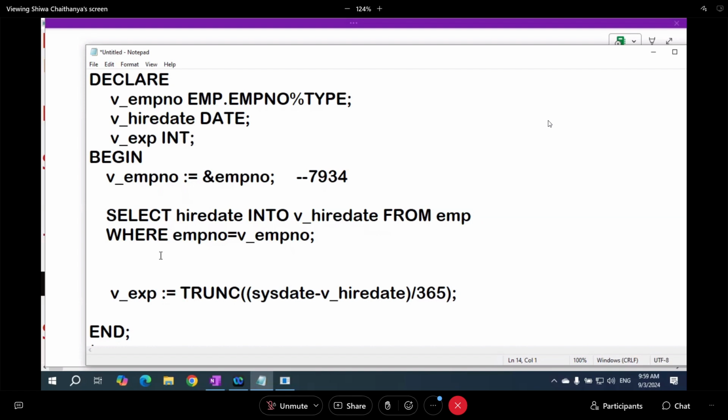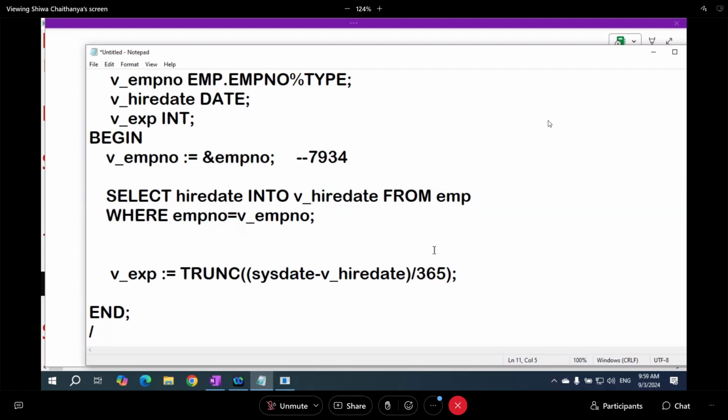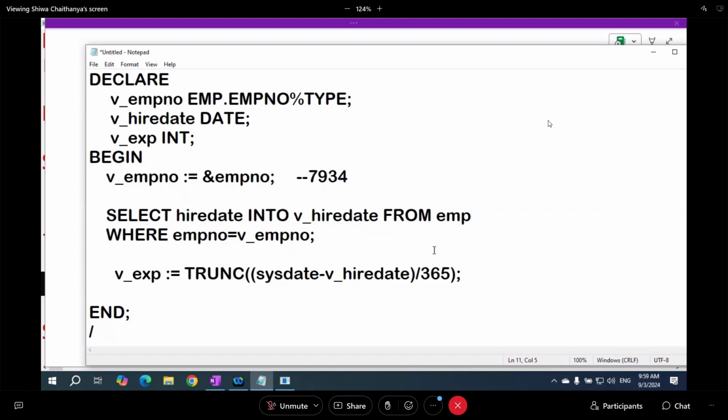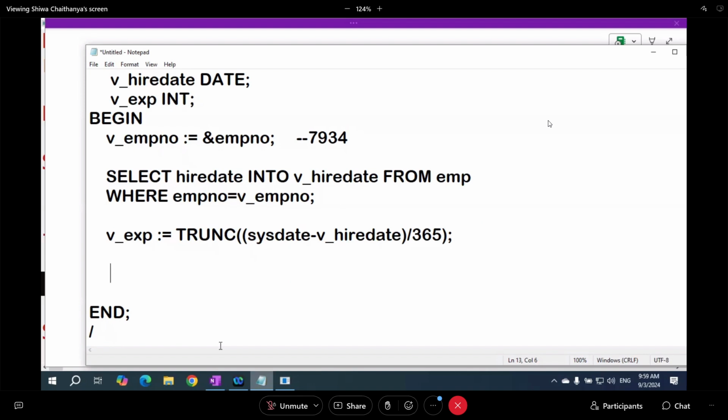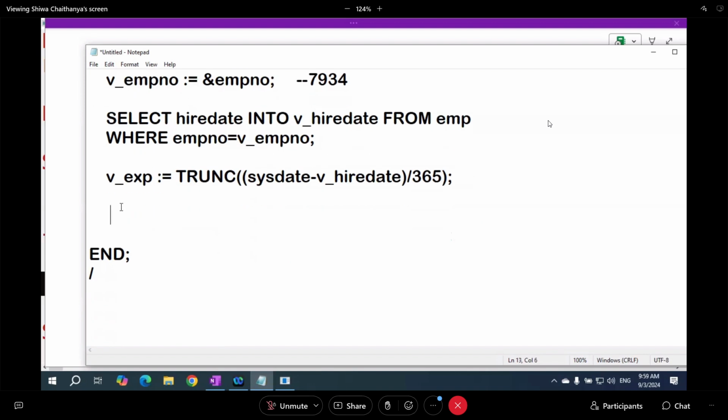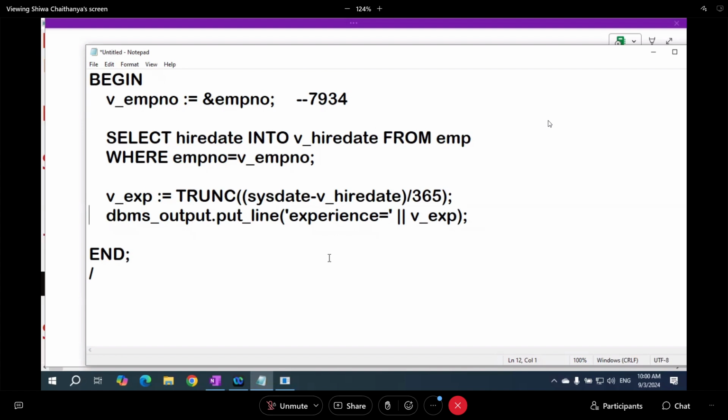I just want to print that experience value. Print the experience value now. To print it, write dbms_output.put_line, 'experience =' concatenation operator, and print the experience value. How to print it? v_exp. The experience value is printed. Just for our understanding purpose, I am printing the experience value here. After this,